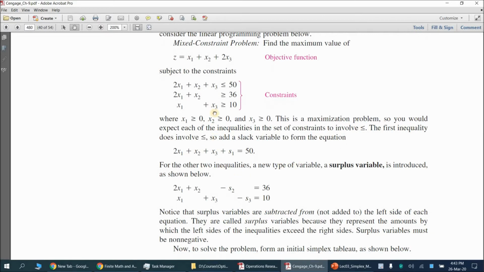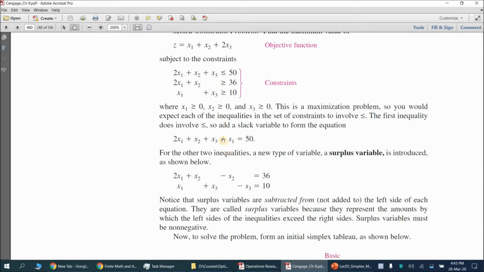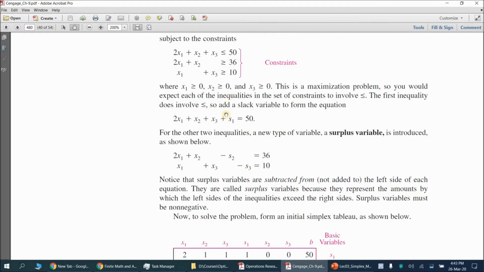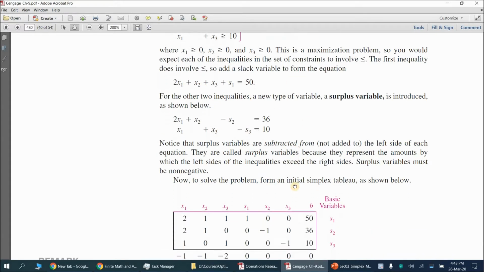So we convert these constraints, inequalities, into equality. We add S1 for the first constraint. This is our slack variable. But for the other two inequalities, we have the problem. We will subtract. Remember, surplus is subtracted. So we will subtract the surplus variables, which are S2 and S3. Clear? Now with this, we start